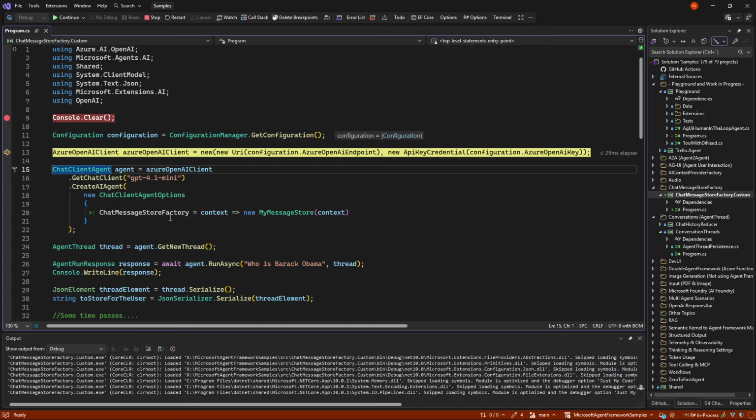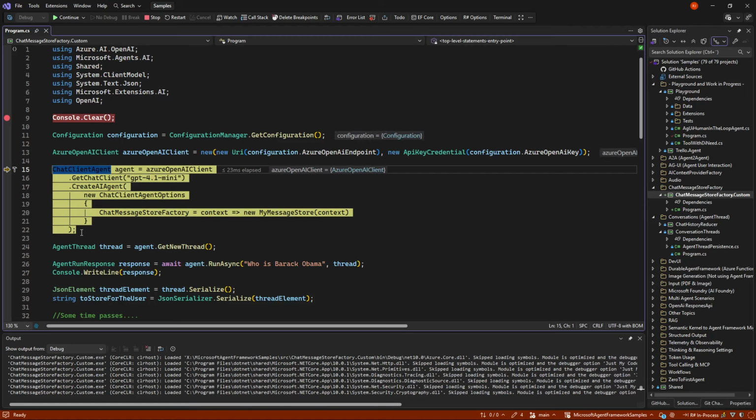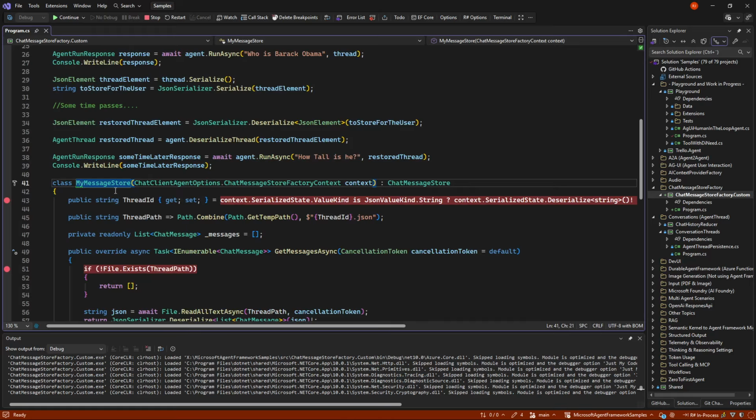OpenAI chat client. Nothing special to do with the agent itself, but what we do down here is that in the chat client options, we set the chat message store factory. And we set it to this my store factory. So my store factory is something that inherits from chat message store.